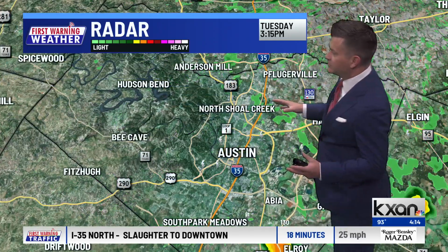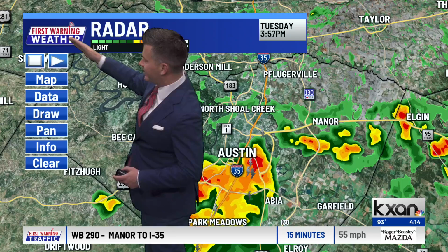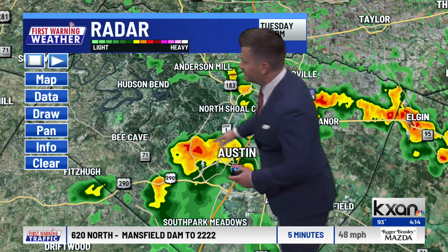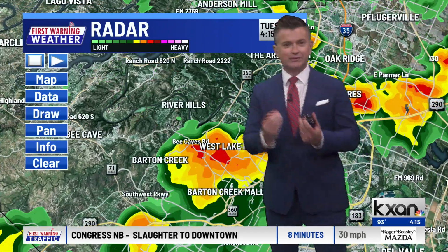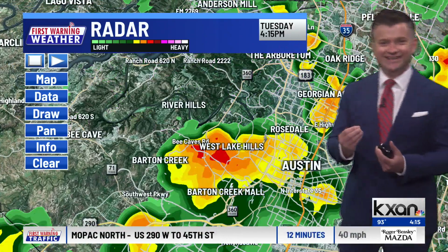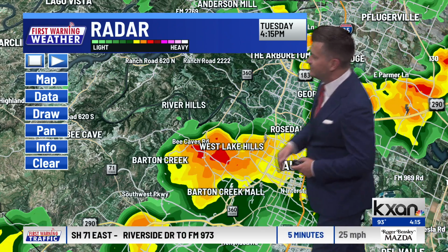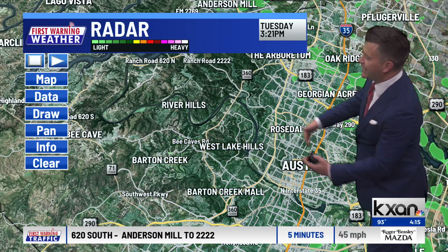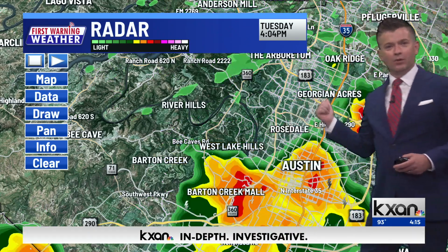And then as we head up closer to Austin, you can see that rain coming down downtown now. And in fact, what I can do is zoom in on the map and show you just some of the neighborhoods getting some of this beneficial rain. We've already had one of our viewers actually pointing out an inch of rain in their neighborhood in Austin, and we've got some of that heavier rain coming down in Westlake Hills now, approaching Barton Creek. That heaviest rain is starting to exit downtown Austin, at least for the time being,